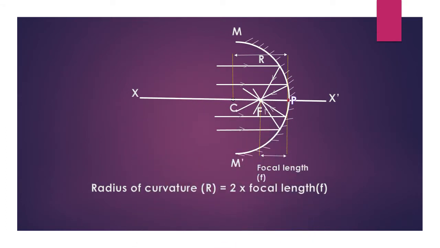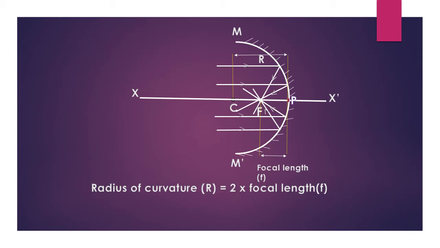Children, let us define focal length and aperture now and try to find the relationship between the radius of curvature and focal length of a spherical mirror. When you look at the diagram, we understand that capital F denotes the principal focus. So the principal focus of a concave mirror we have already defined. So the distance from the principal focus to the pole of a mirror is called the focal length of a spherical mirror.